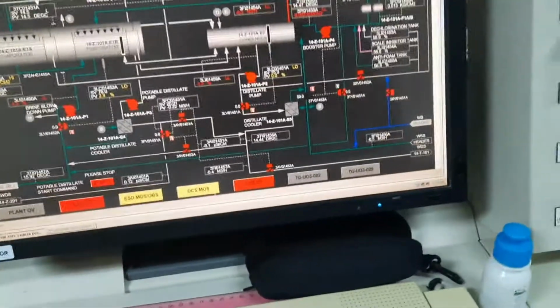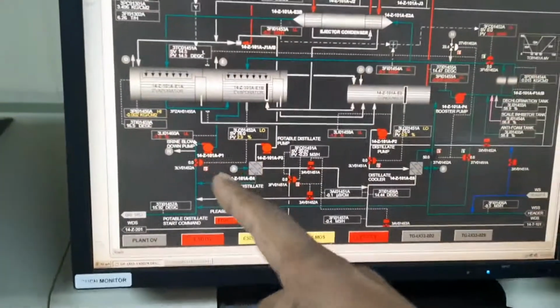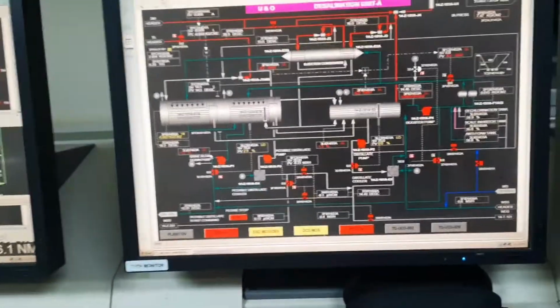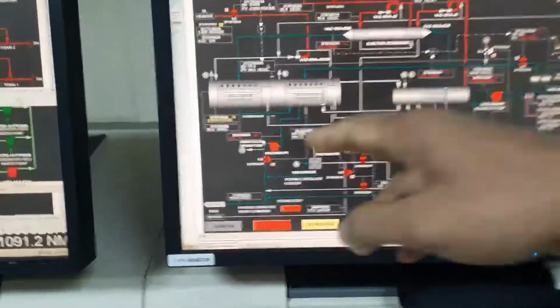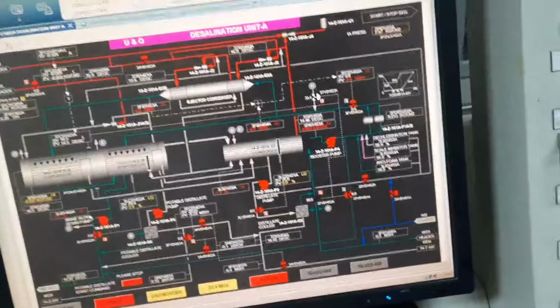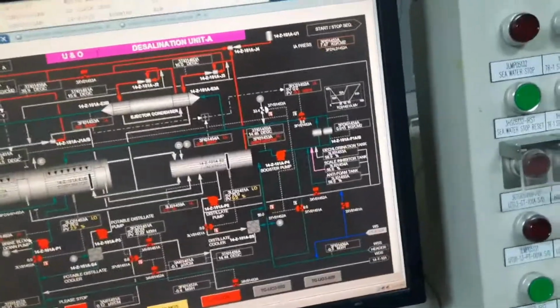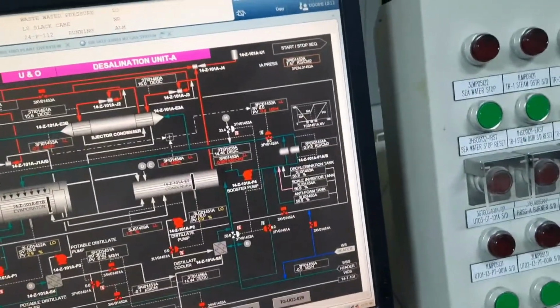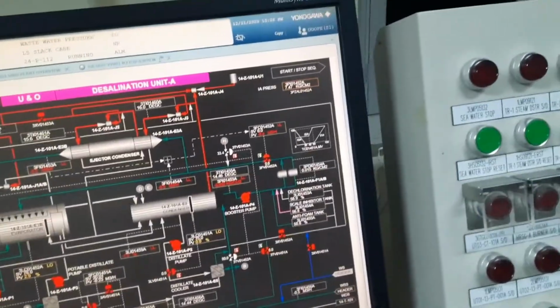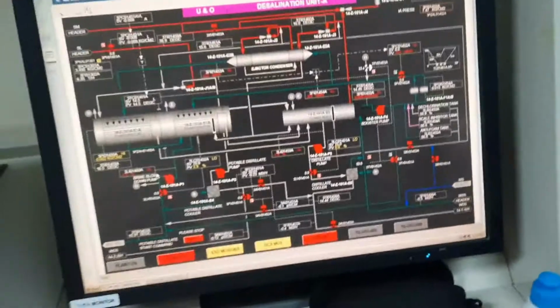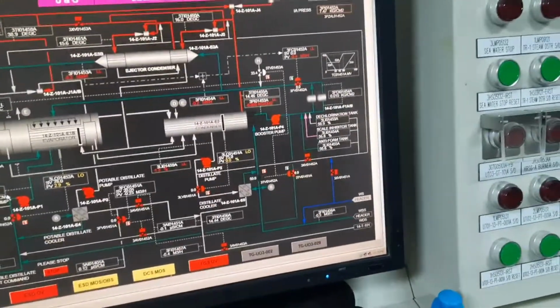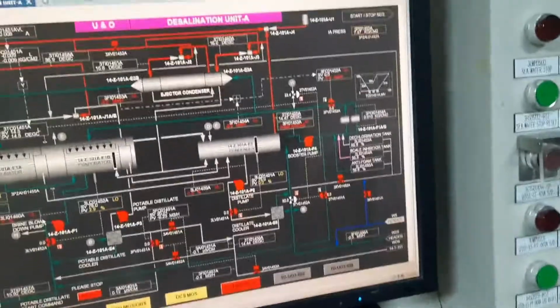If the line is at the discharge of the pump, then we must dose the acid by this drum pump, because the discharge side pressure is more than 2 kg. If the line is added on the discharge side, then this drum pump is required. Otherwise this acid will not go. So we will add to this suction line. The suction side has less pressure, so it will go automatically.